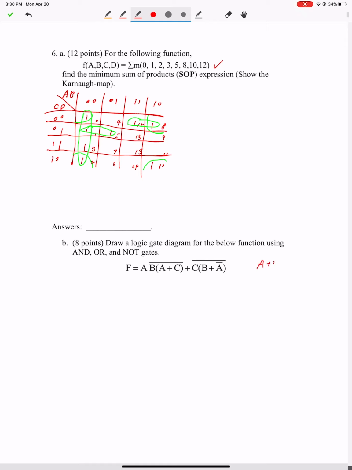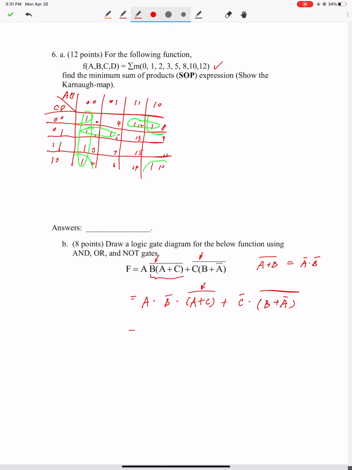When you have a plus b bar, you need to change it to a bar times b bar. Break the line, change the sign, right? So if you break the line here, you can change the sign as a times b bar times a plus c bar, right? Plus, and also you can break the line here, c bar times b plus a bar m bar. And then you can break the line here, and we got a times b bar times,